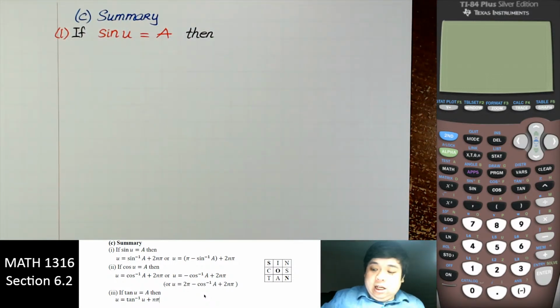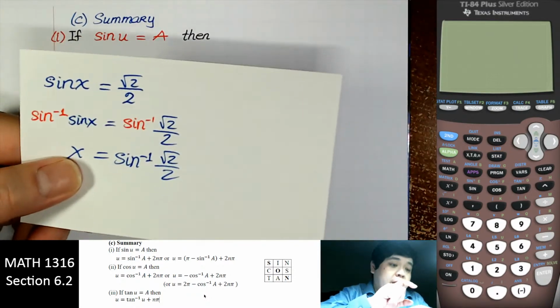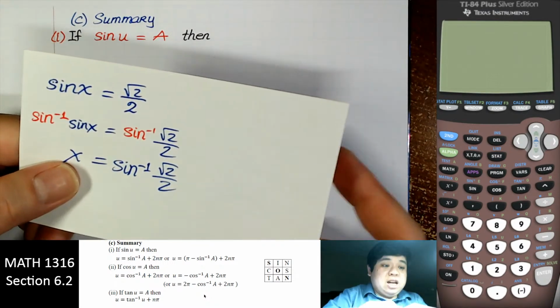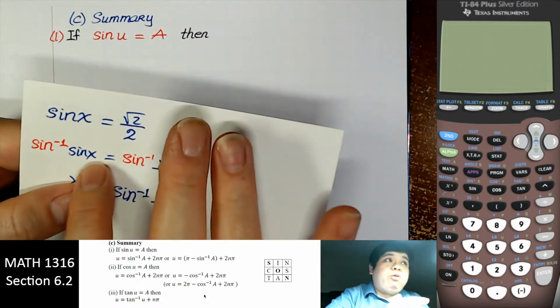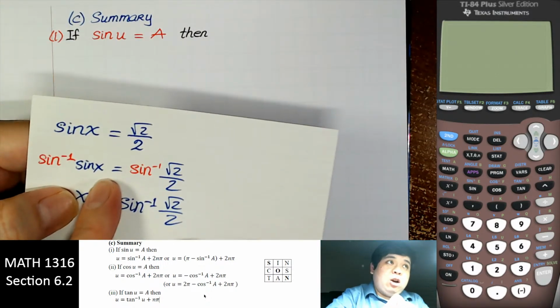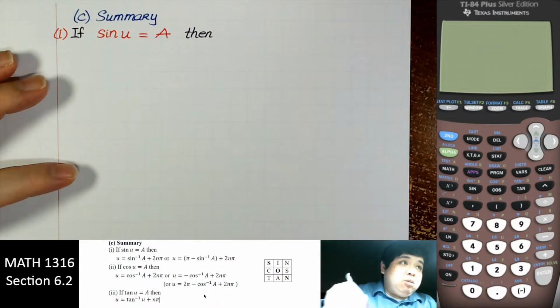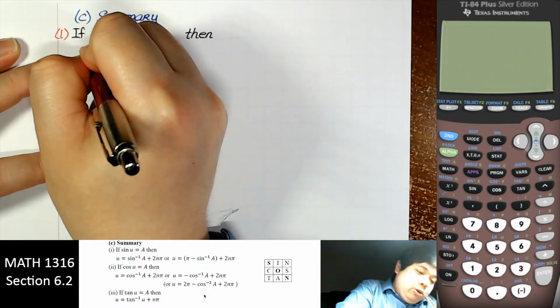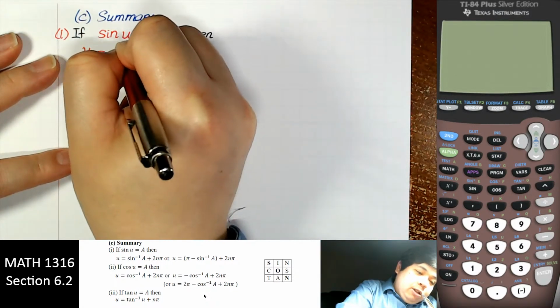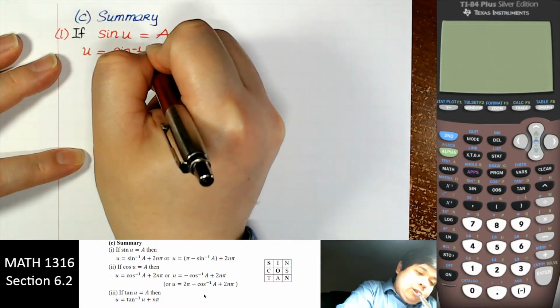So more general than that is something like this. If you have sine, taking the inverse will cancel it, but only for some very special values. So in this case, the solution, we will say u equal to sine inverse of a